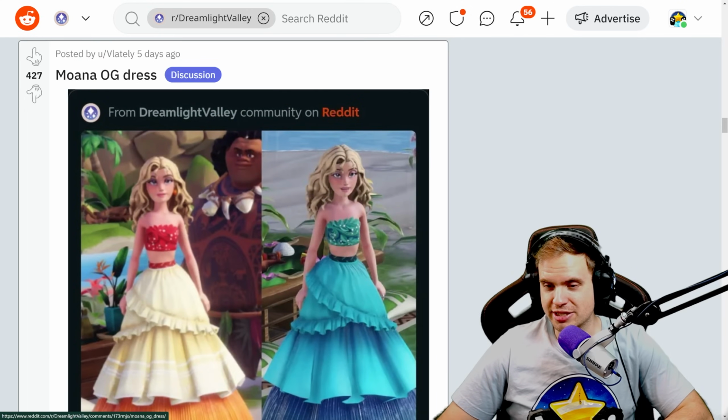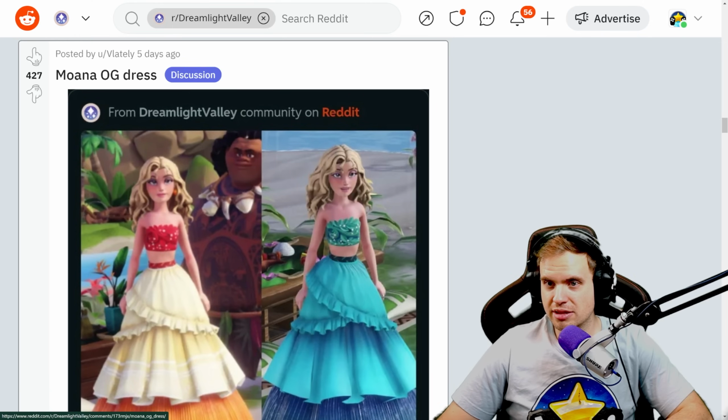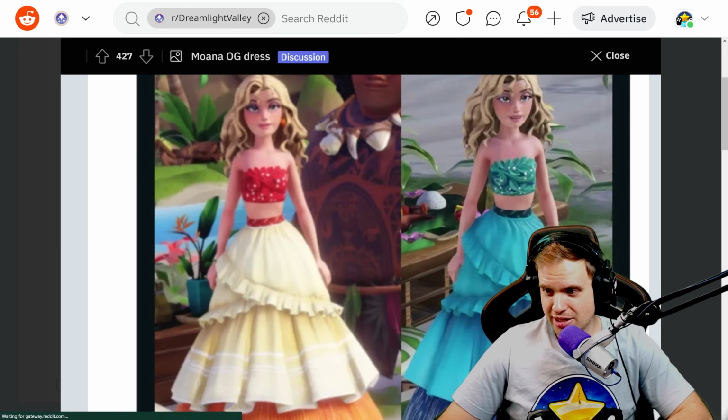Moana OG dress. Wait, where did you get that? Oh, that was... So that's the dress she used to give? I don't know. I honestly don't remember at all. Wait, what happens? Is that...